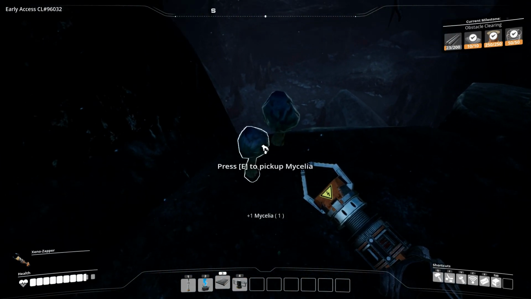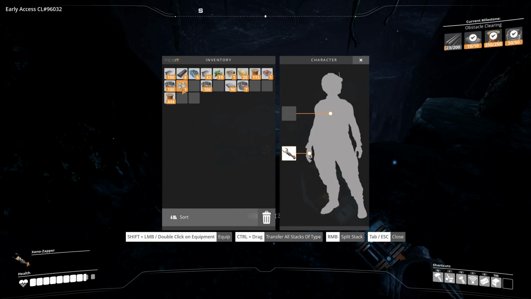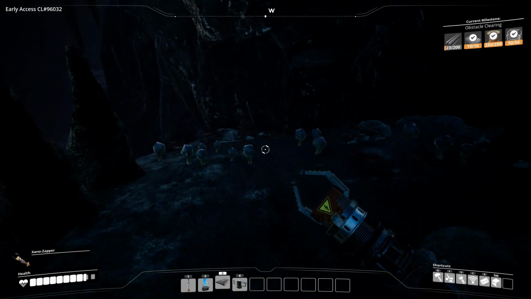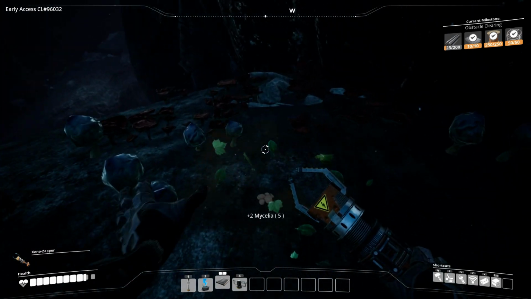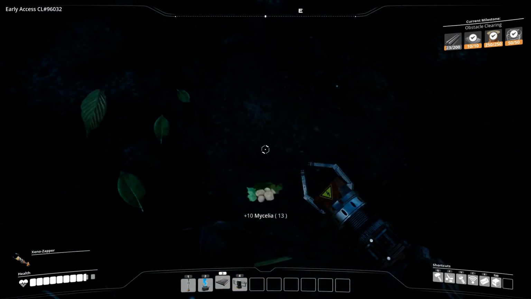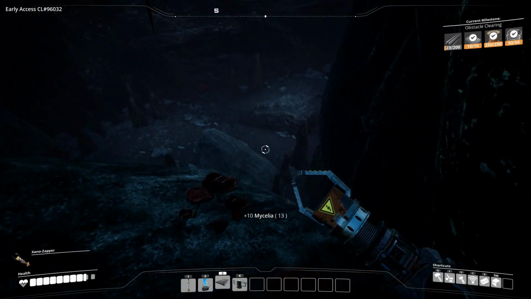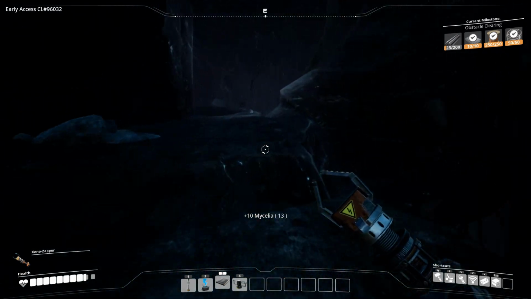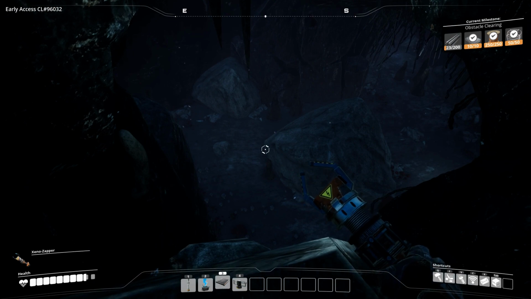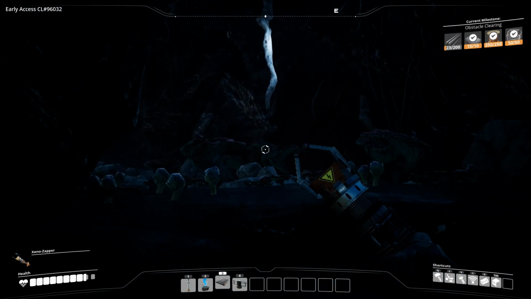So, mycelia. Not sure what this is. Used for crafting. Biomass burners and vehicles can use it for power. Interesting. Alright, so I guess we'll take some more. We can most definitely research it in our base, so yeah. Oh, but this is a jump that we have to take, no? I don't see an immediate way back up, so that is interesting. Once we go down here...